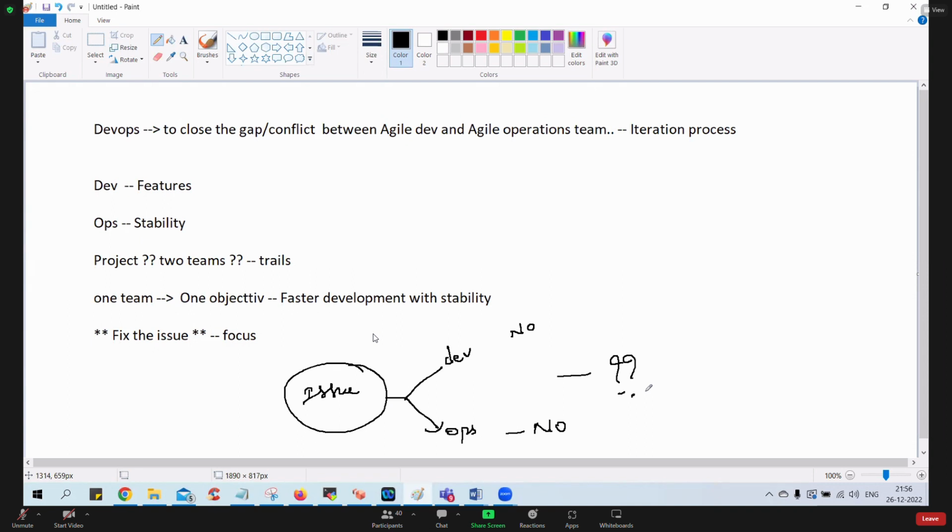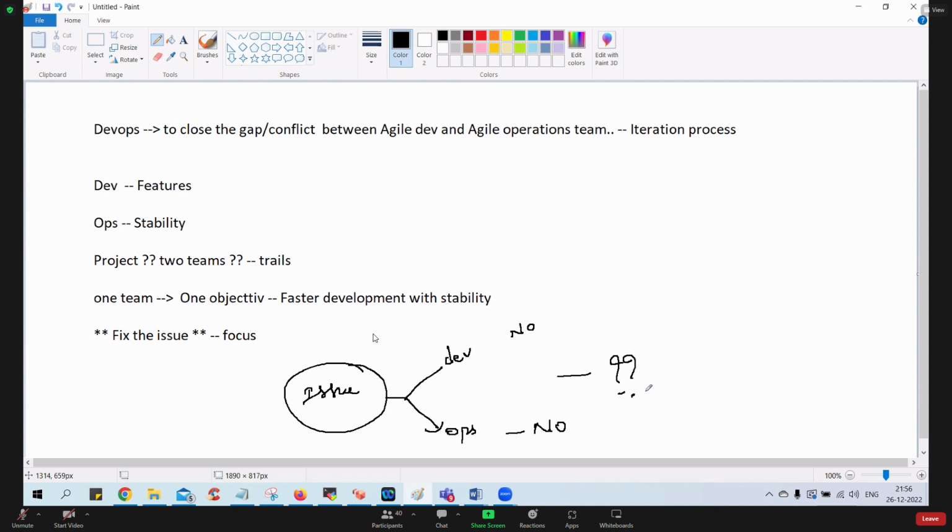When some issue comes up, he asks the upstream, they say no, this is not our stuff at all. And you approach the development team, they'll say okay, this is not our stuff at all. Then end of the day, who is going to fix this? Who is going to take charge? Or who is going to take the responsibility here?